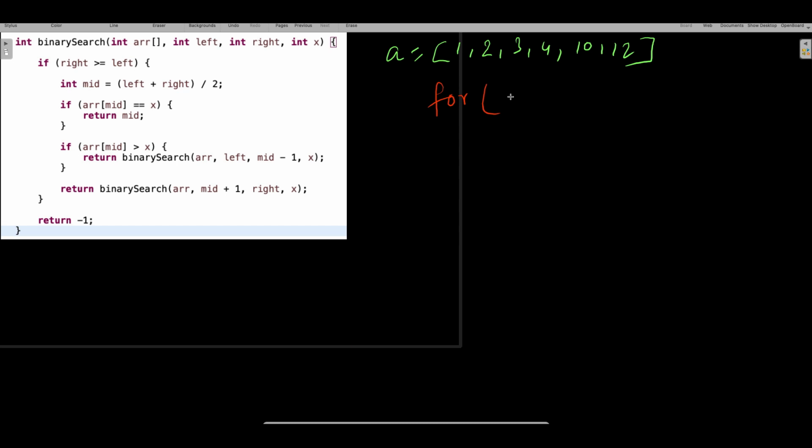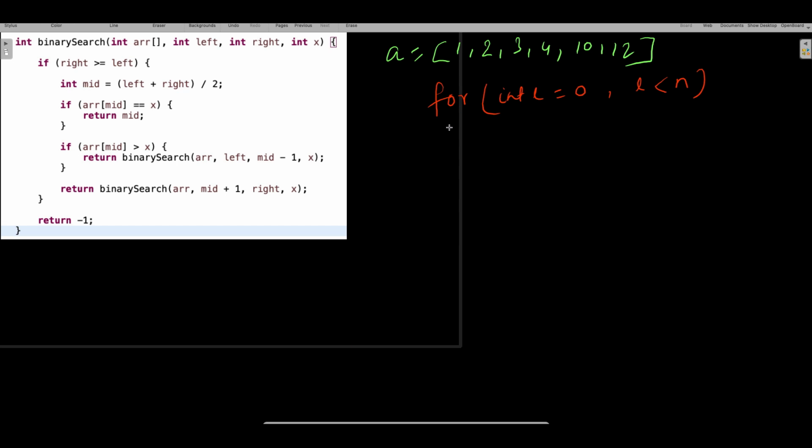The for loop will start with i equal to 0, because of course you need to run a for loop since you are going to search a number in the array. You run it till i is less than n, where n is equal to the length of the array. That's how you do that, guys. But inside that, what logic you write, we need to understand.